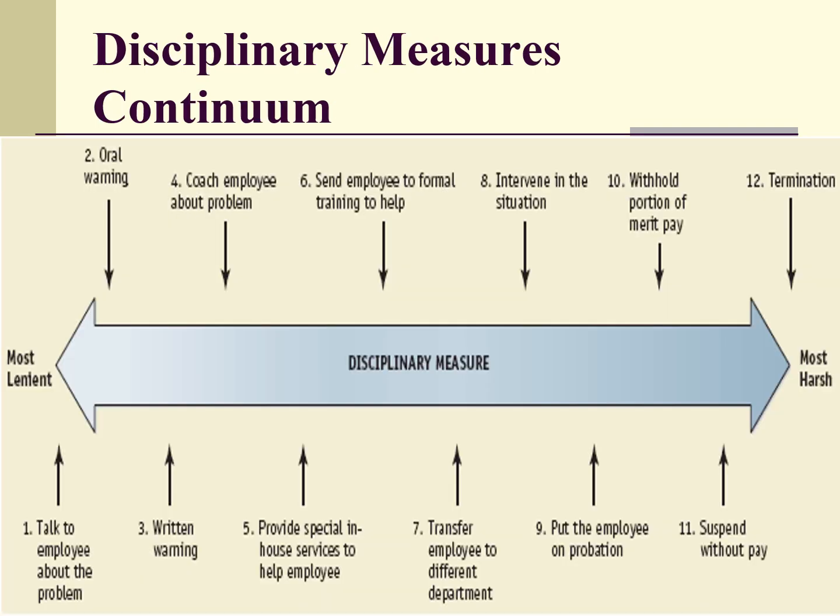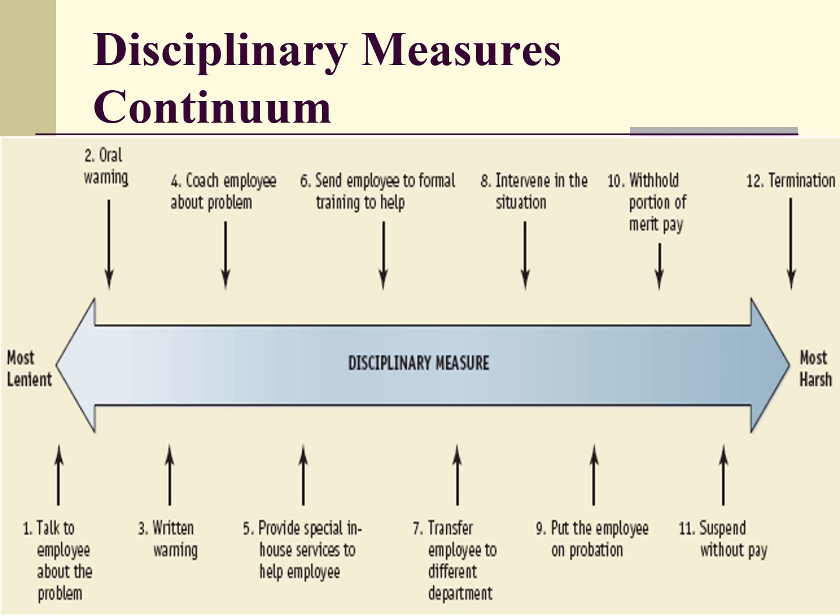So disciplinary measures are usually on a continuum, for example, from the most lenient to the most harsh. So for example, one might just be talking to the employee about the problem. Hey, we've noticed that you haven't been performing up to expectations. What can we do to help you with that? If the person is still underperforming, giving an oral warning might be the second level. The third might be a written warning.